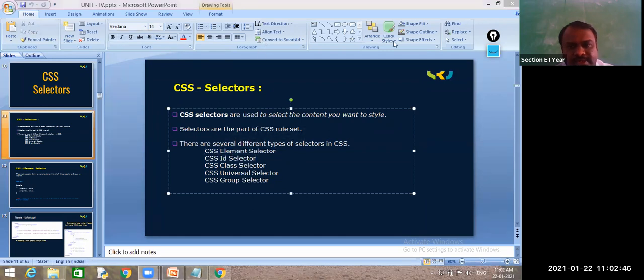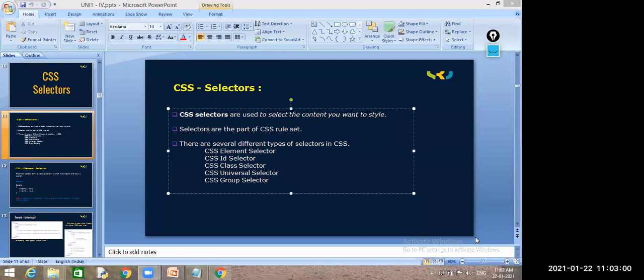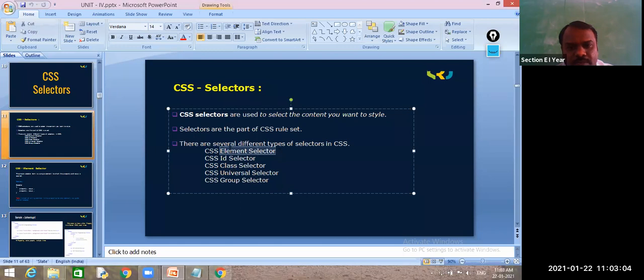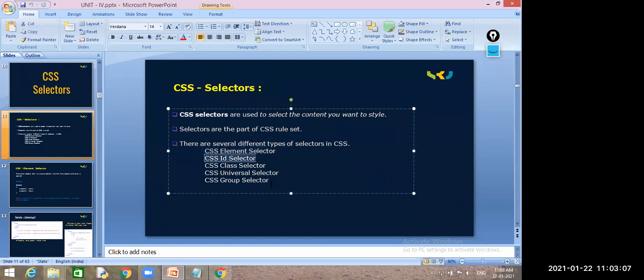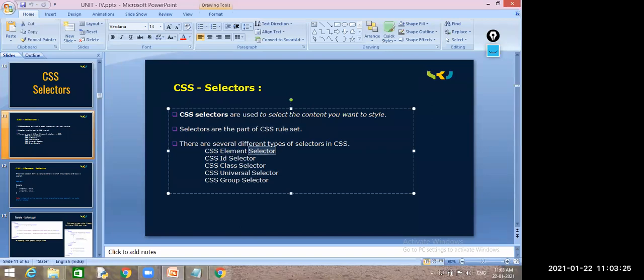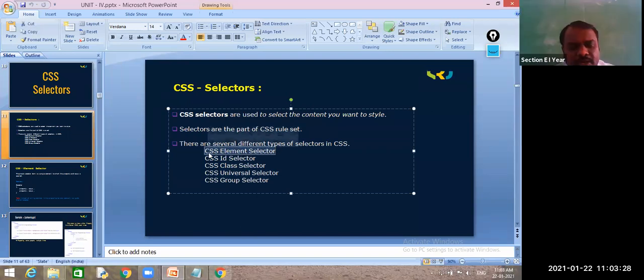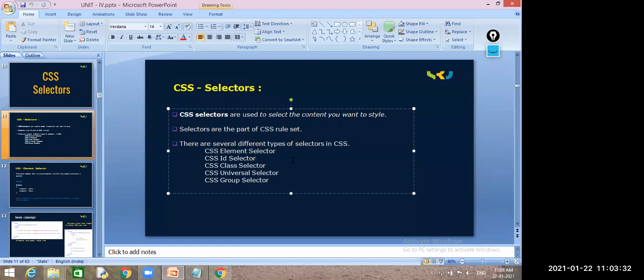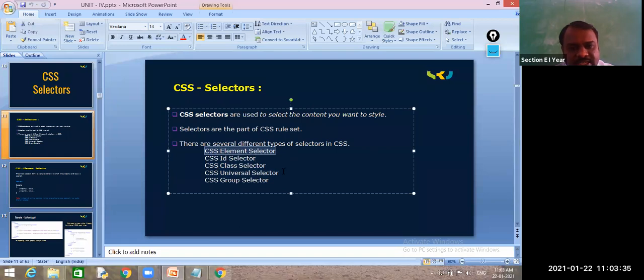To style a particular element. If any property is to be applied multiple times for a common element, we go for the element selector.